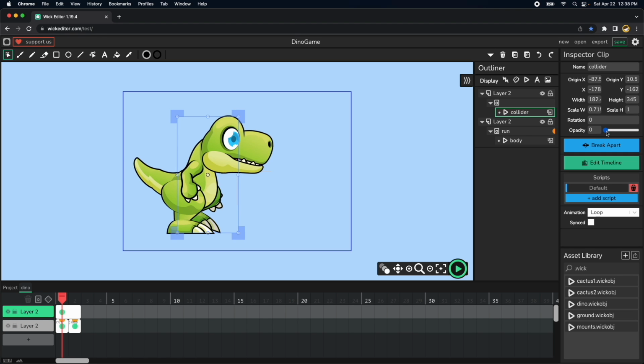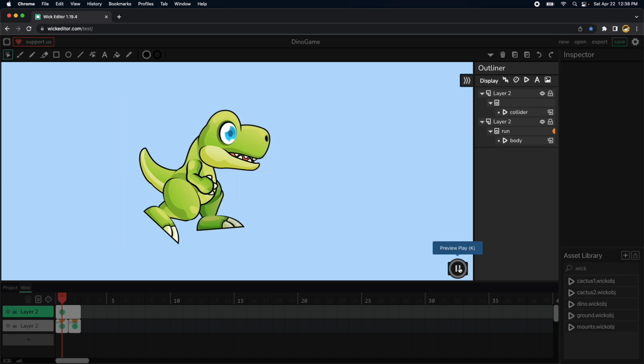If I increase the opacity, you will see the collision box. This is to program whenever we hit a cactus, but it should be invisible for the users. And then we have this